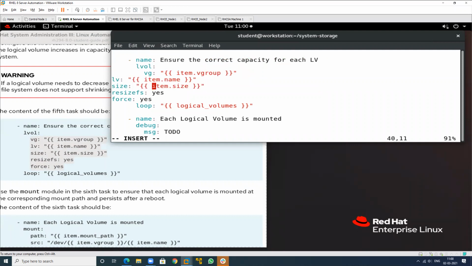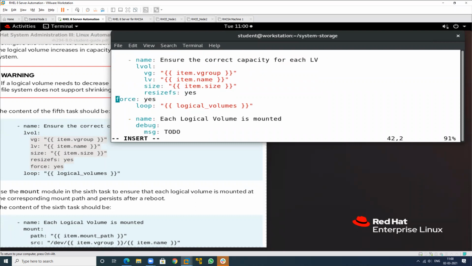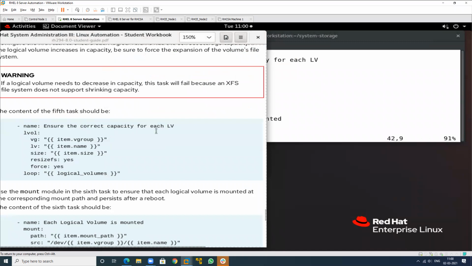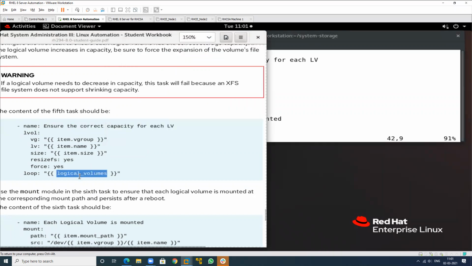So it's logical volume, this is my LV name, this is the size, and this is the resize fs, forcefully. This ensures the correct capacity of the LV. So this is my VG name, LV name, size, resize fs and forcefully. Do this task in a loop also.